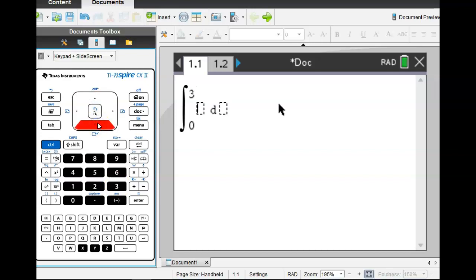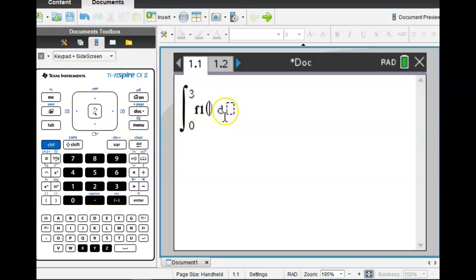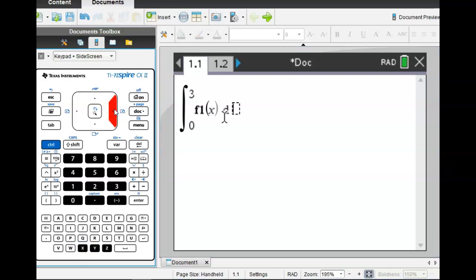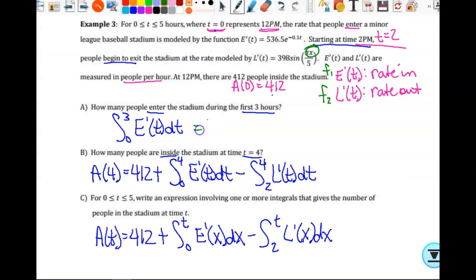And then this is going to be F1. I'm going to hit variable F1 of x dx. Okay. So we get 1390